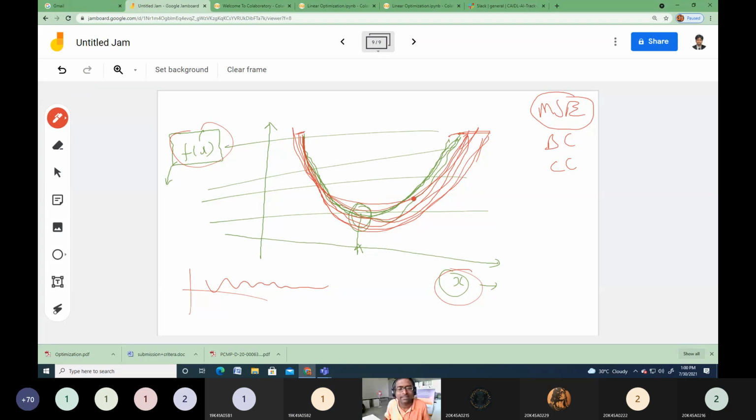Very good. Perfect. In a convex function, we have only one dip, only one minimum point. That will be the local minimum, and that will be the global minimum. There are not multiple minimum points. If there are multiple minimum points, all those minimum points are called local minima, out of which the lowest is called the global minimum. But in a convex function, we have only one minimum point, which is the local minimum and is also called the global minimum point.